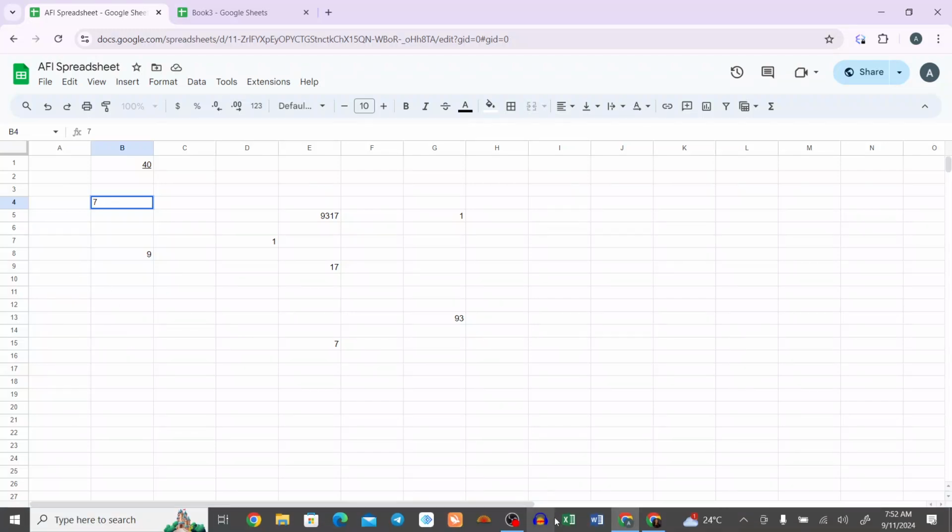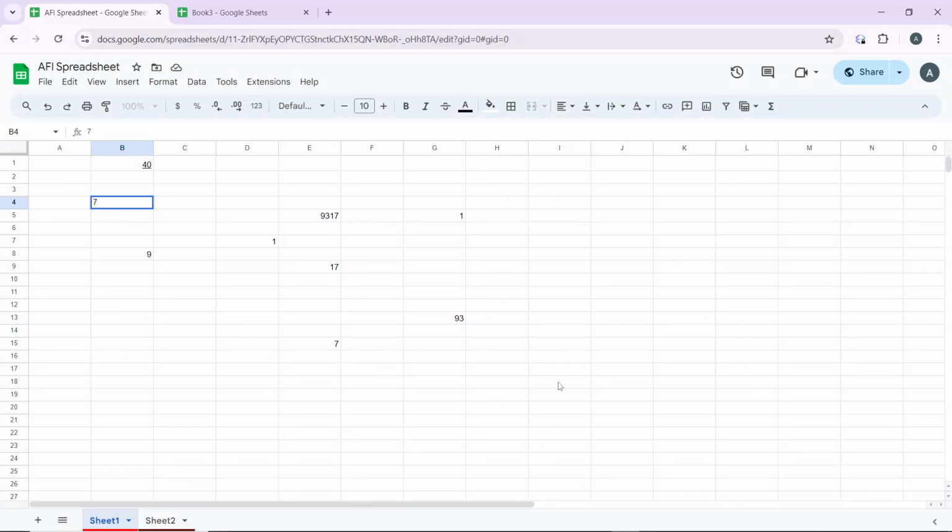Hello, in this tutorial I'll show you how to change the background color on Google Sheets. It's how to change the background color of cells on Google Sheets. The first thing you need to do is to go to Google Sheets and open the spreadsheet you want to modify. Then the next step is to click and drag to highlight cells you want to change the background color